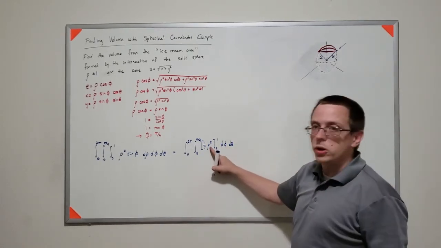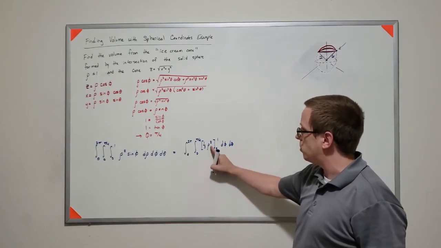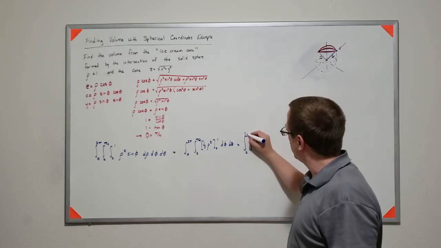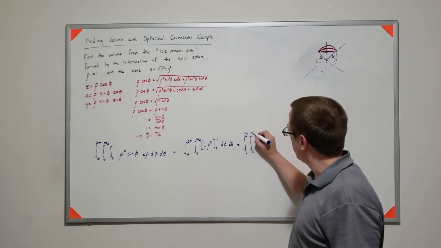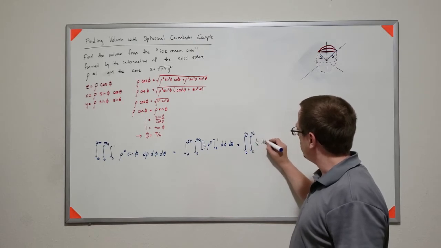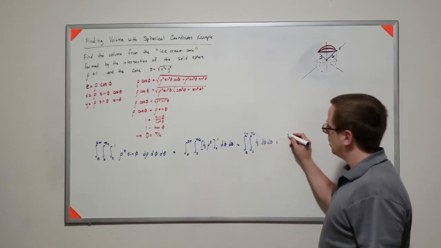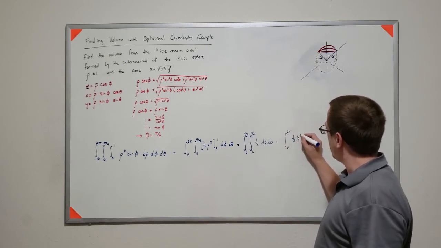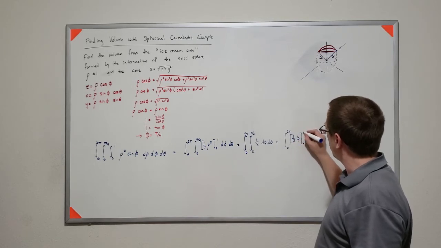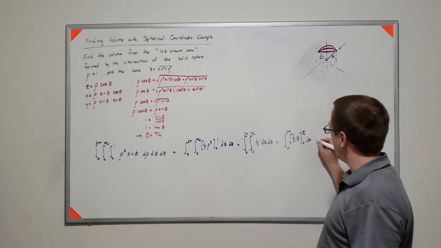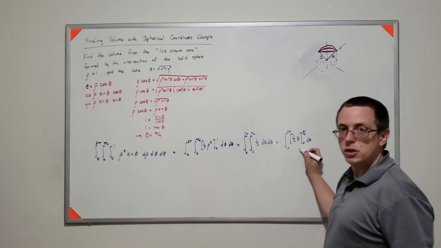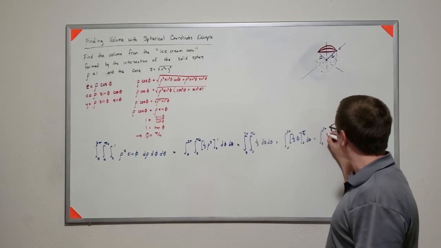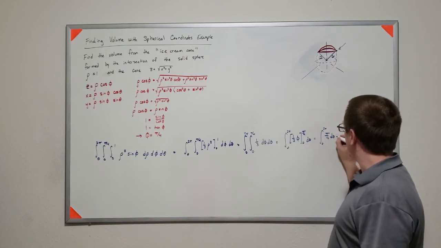Well, when 0 is plugged in, that vanishes. When 1 is plugged in, it just becomes 1. So we have 1/3 d phi d theta. So that becomes 1/3 phi from 0 to pi over 4 d theta. Well, when 0 is plugged in, it vanishes. When pi over 4 is plugged in, that becomes pi over 12, pi over 12 d theta,